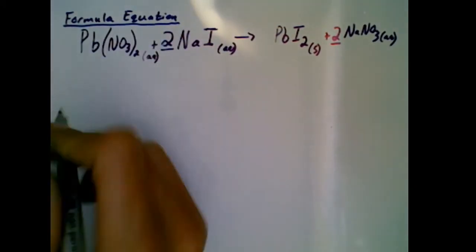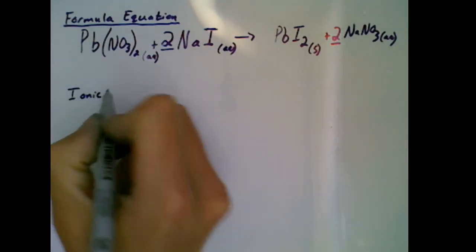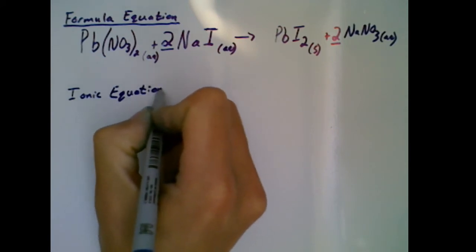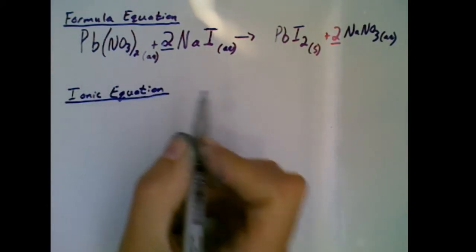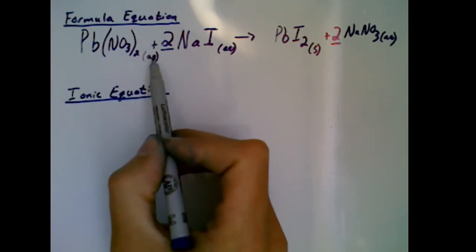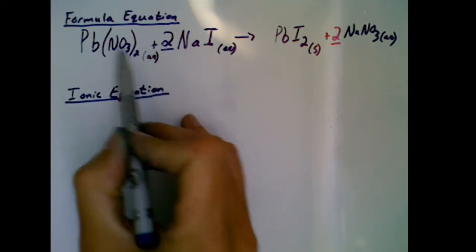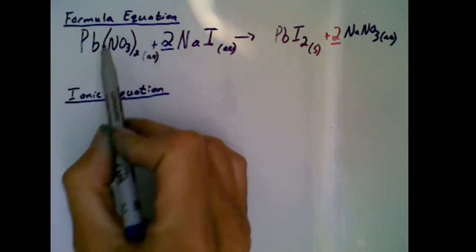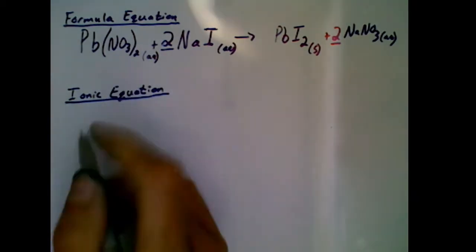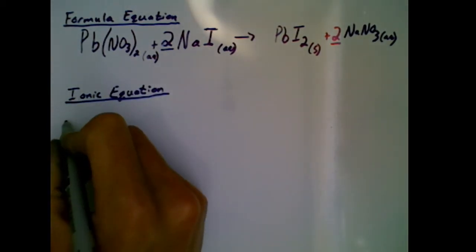But there is another way to write this, and it's called the ionic equation. The ionic equation shows every single ion in an entire solution. Since anything that is aqueous is actually dissociated, we're going to take these two substances that are aqueous and split them into their separate ions inside the ionic equation. So what that means is I'm going to get